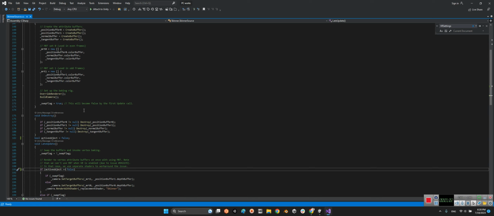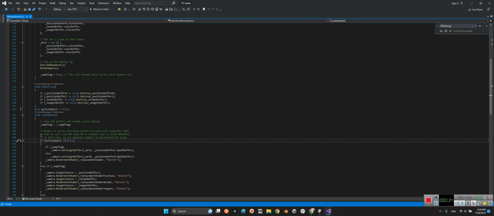SkinnerSource.cs, it is the C# script, and maybe in the void LateUpdate, you will have a problem with a line which says if we don't have VR settings, we will do something like this. But in the new version of Unity, there is no UnityEngine.VR.VRSettings. So I just make this